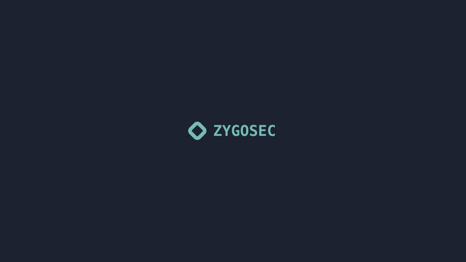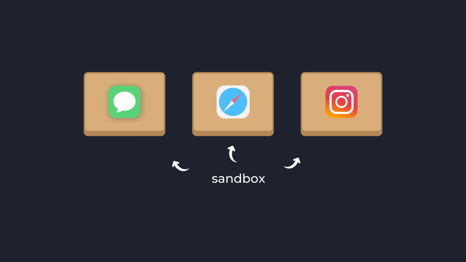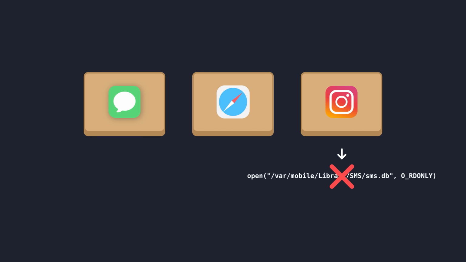A fundamental security feature of modern operating systems is some form of isolation enforced upon running applications, and on iOS this is known as the App Sandbox. The sandbox is what stops random apps that you install from being able to read all of your messages or access each other's files, but it also helps to reduce attack surface to the wider system as much as possible by providing access only to system functionality that is absolutely required by a given process, and this makes exploitation more